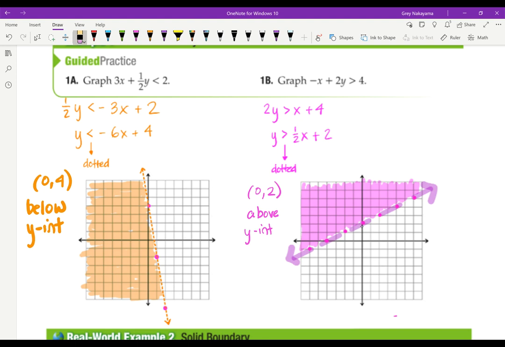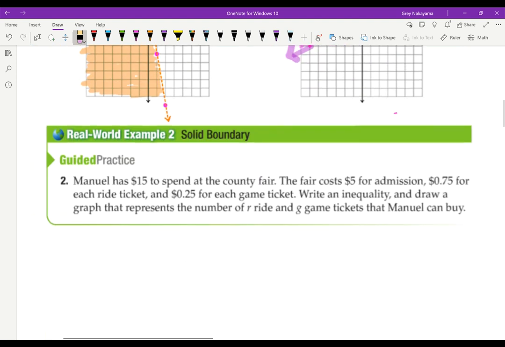So here's my y-intercept. Above it means clearly it's going to be above that line. Okay? All right, next example we have is a real-world example, and that says,